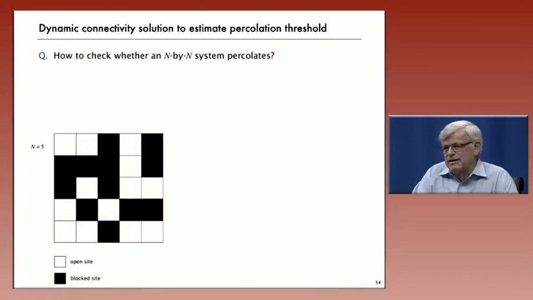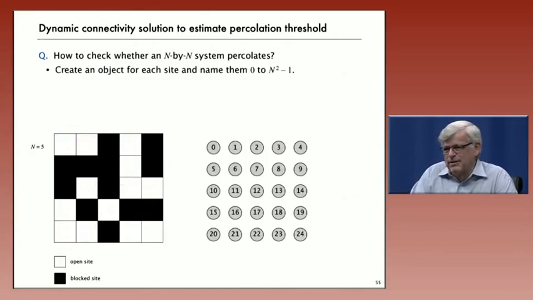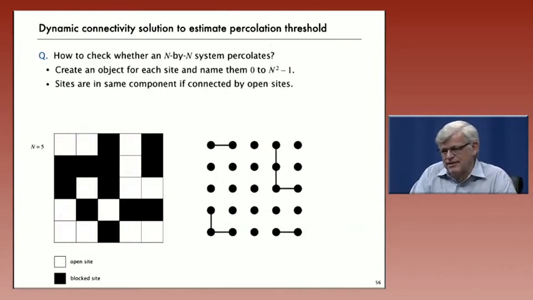So let's look in a little bit more detail at how we're going to use our dynamic connectivity model to do this. It's clear that we'll create an object corresponding to each site, and we'll give them a name from 0 to n squared minus 1 as indicated here. And then we'll connect them together if they're connected by open sites. So the percolation model on the left corresponds to the connection model on the right, according to what we've been